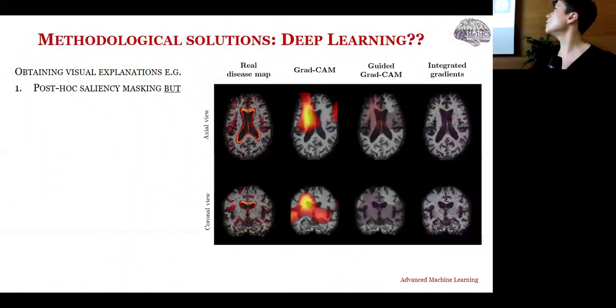The problem then becomes, how do you build a learning model that is human interpretable? And this is perhaps a more difficult problem. So the first thing that people used to do was to build methods that had post hoc explainability. So they would generate saliency masks. So these basically take the signal that you're getting out of the network, so the activation of the output neuron, which determines some classifications. In this case, it's trying to classify Alzheimer's disease from mild cognitive impairment, and then you